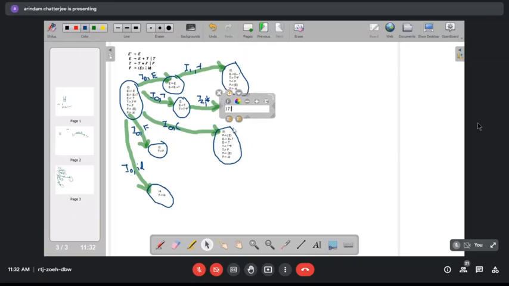In I7, we have E producing E star dot, F producing dot open parenthesis E close parenthesis, and F producing dot ID.